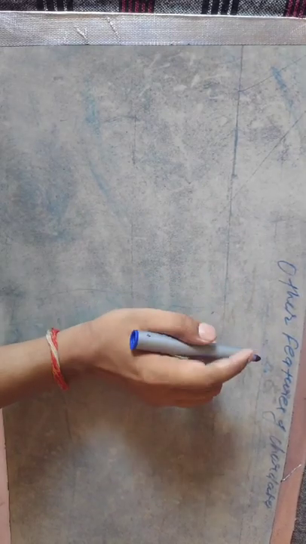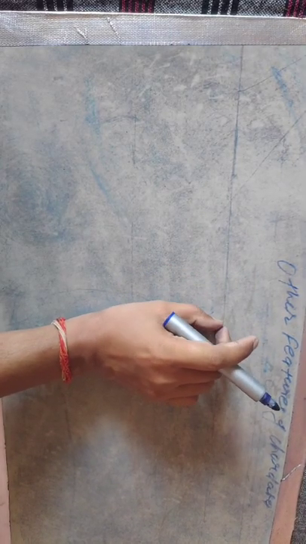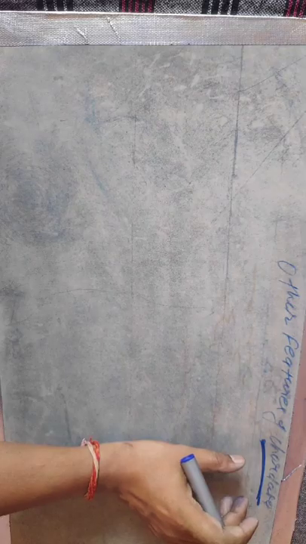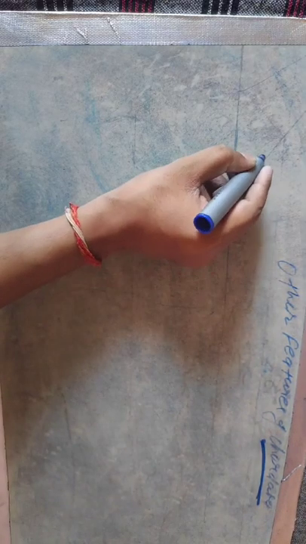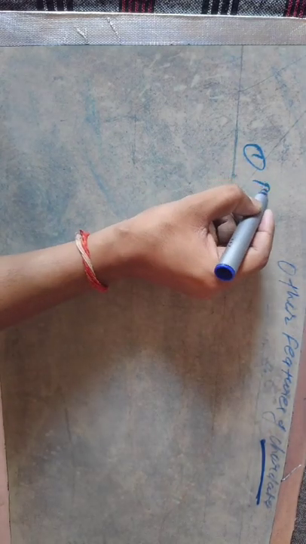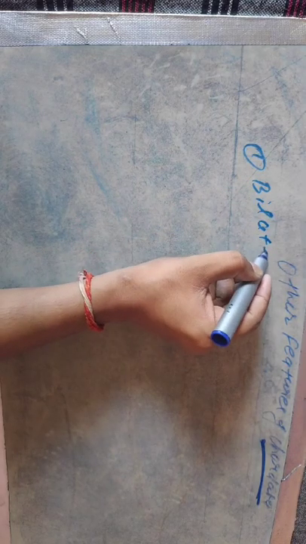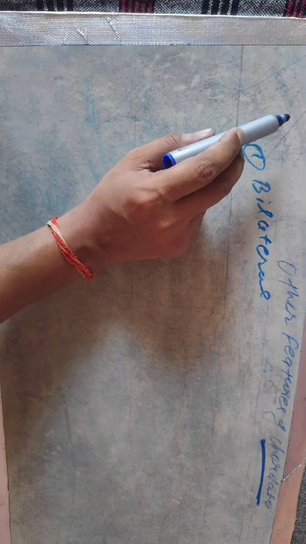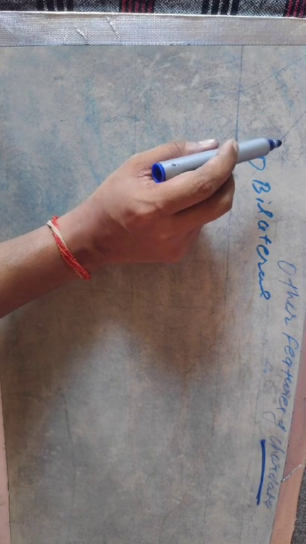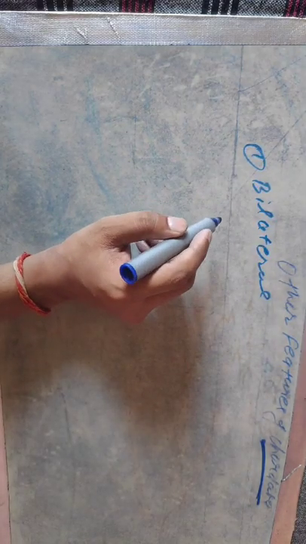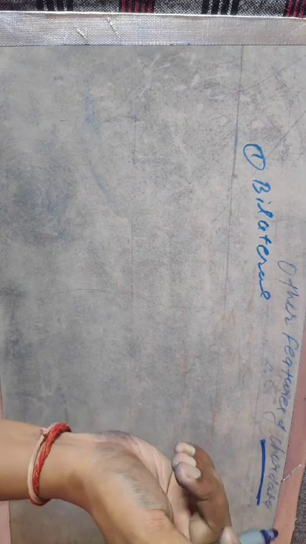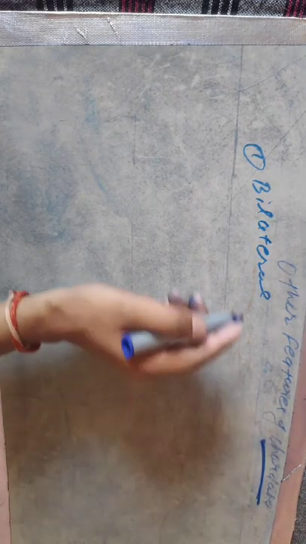Students, now we are going to describe the other features of chordates. Other features means the features that place the phylum Chordata in Animalia. The first feature is bilateral symmetry, as you all know. Bilateral symmetry means when you cut an object from a single point into two equal halves. Most organisms belonging to chordata are bilaterally symmetrical, except some, which I will describe later.